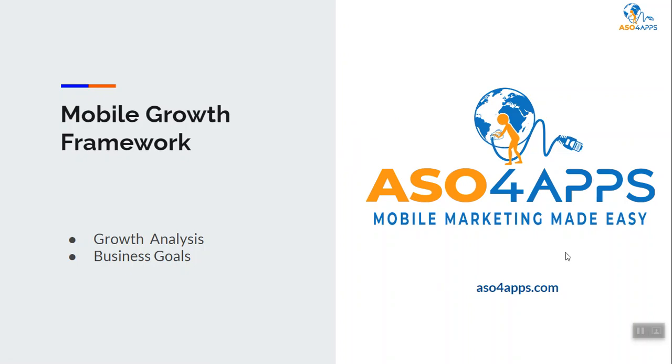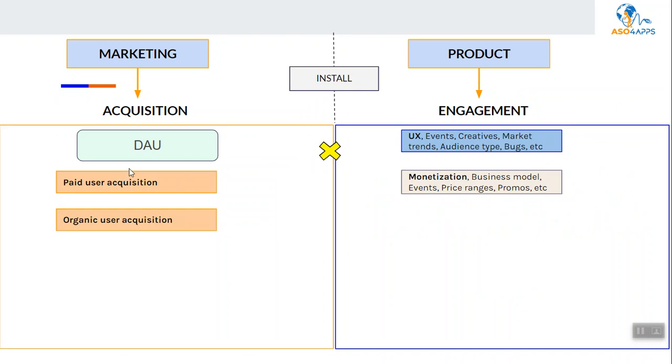In this tutorial, we'll be explaining a high-level growth strategy for your mobile product. In the previous videos, we've talked about the two phases of the mobile business: marketing and product. Marketing covering all aspects of new user acquisition, and product taking in all aspects related to engagement and user monetization. Now, we are going to see the connection between one and the other and how to align product with your